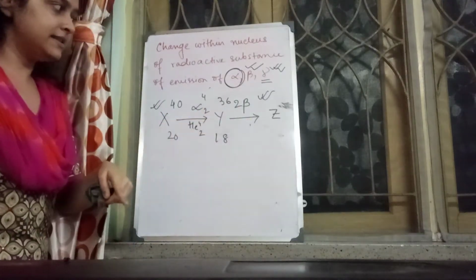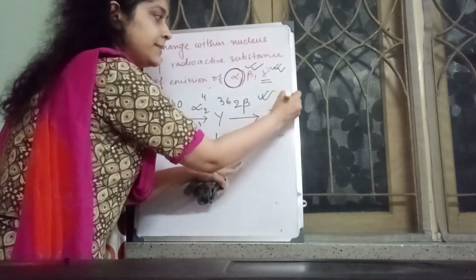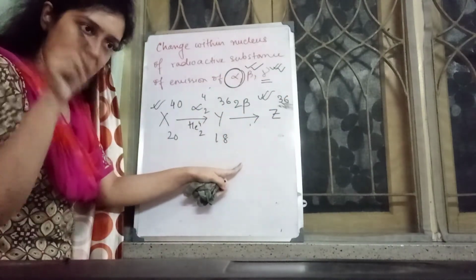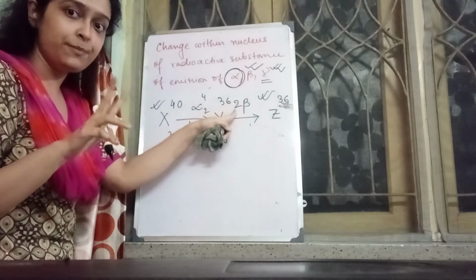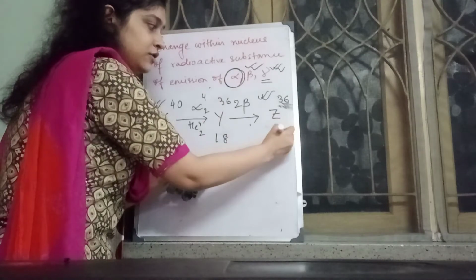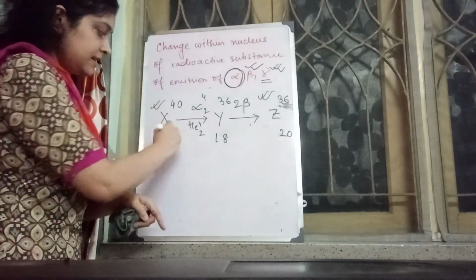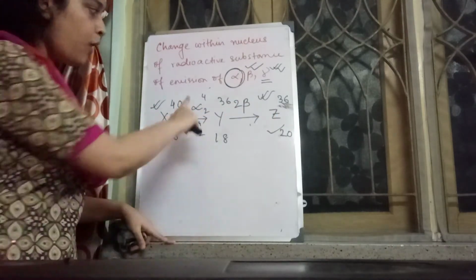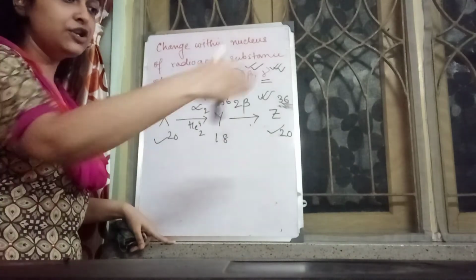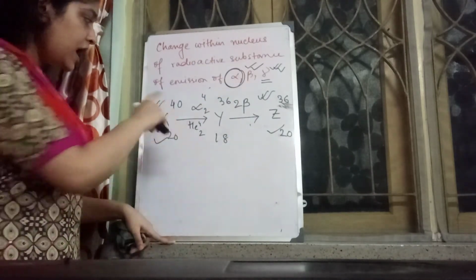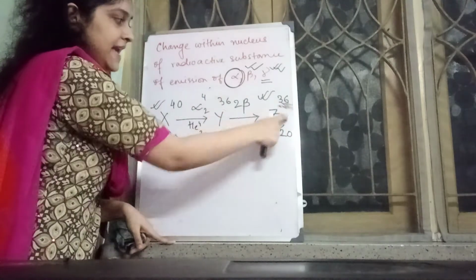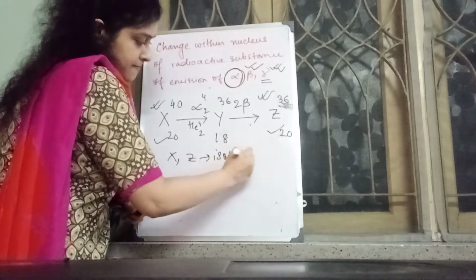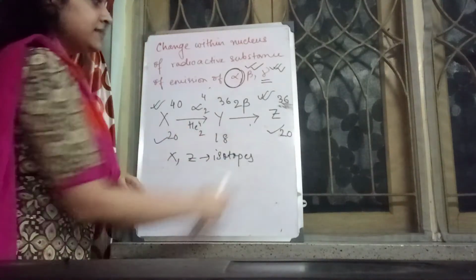Then two beta particles. For one, atomic mass number remains same for beta emission. What changes? Atomic number. Plus 1, but two beta particles, therefore plus 2. So 18 plus 2, so 20. Can you then notice atomic number same between X and Z? That means one alpha and two beta particle consecutive emission will lead to formation of isotopes. X and Z are isotopes. Atomic number same, therefore.